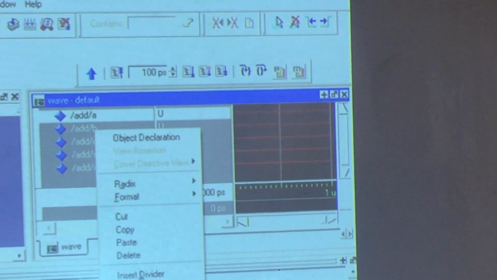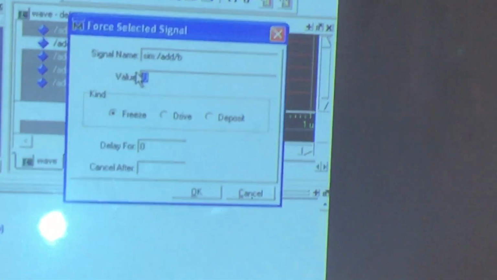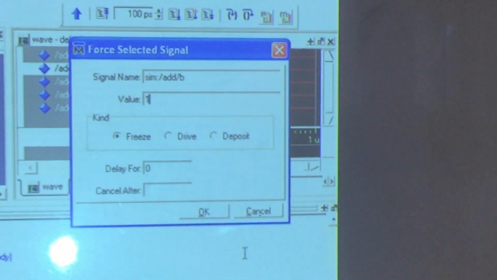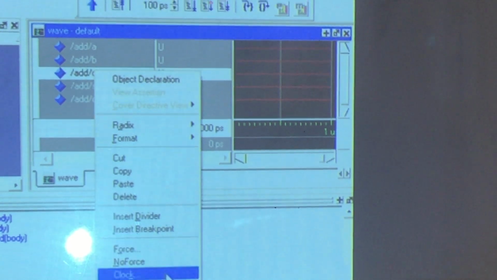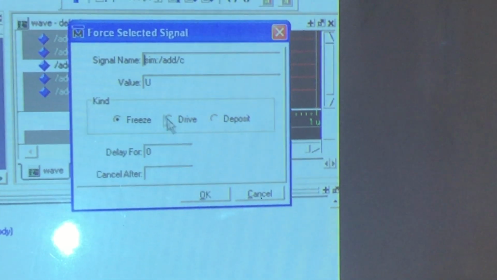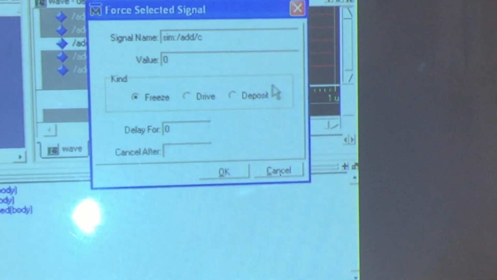Next right click on B, force the value of B also to 1. Okay, let C remain at 0.